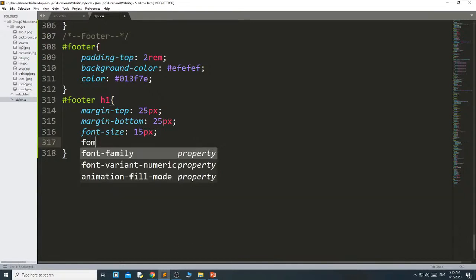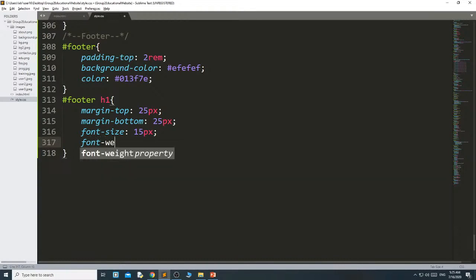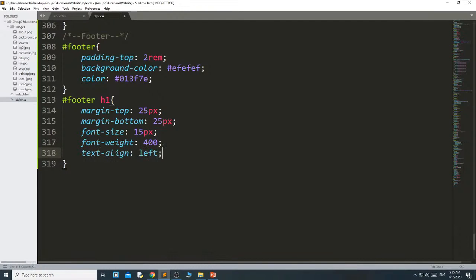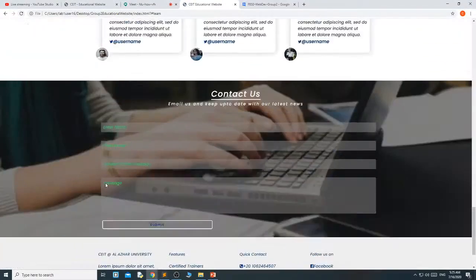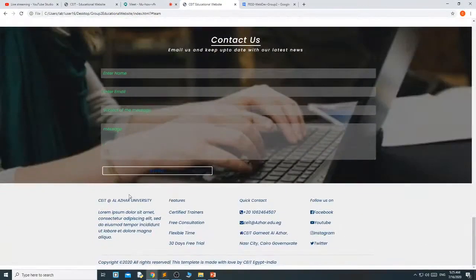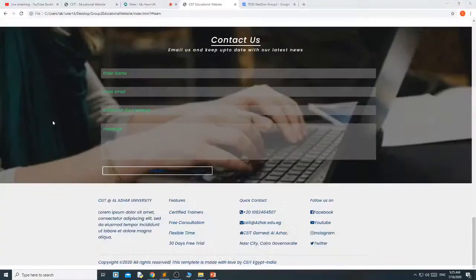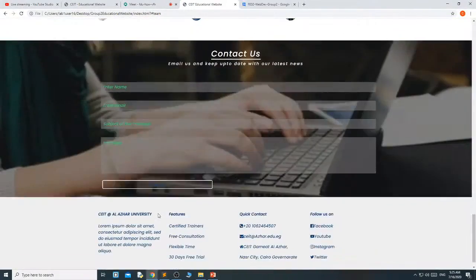Then font weight 400, or you can write light. Then text align left. Okay, this is little light. If you want bold, then you can write 600. Okay, now it is little bit bold.